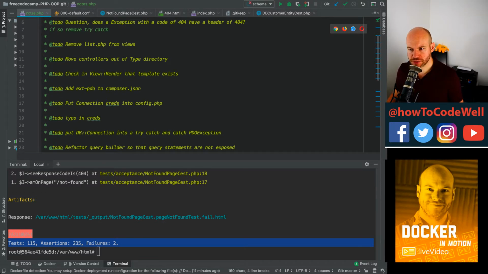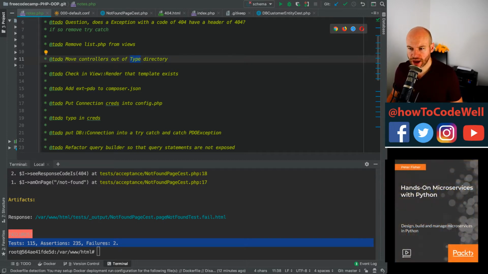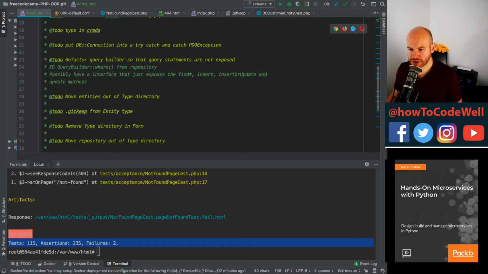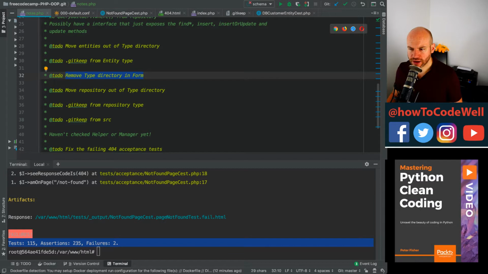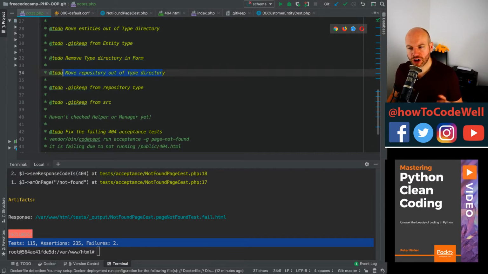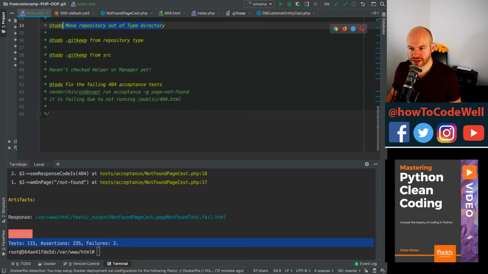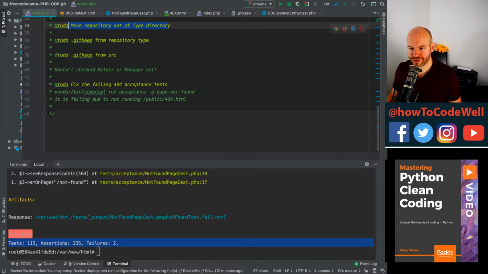Remove list.php from views. I don't think that's going to affect anything. Move the controllers. Now this is an interesting one. So this is moving things out of the type directories. So we've got one here which is move controllers. We've got another one, I think, which is moving the entities, and we've got another one which is the forms. And is there another one? Repositories. Yeah, so there's a whole bunch of similar things to do with moving the files,